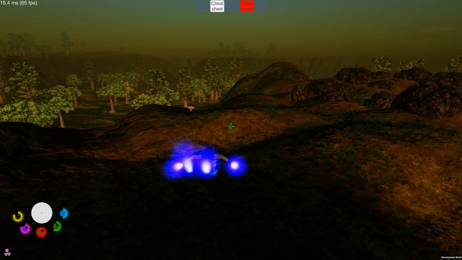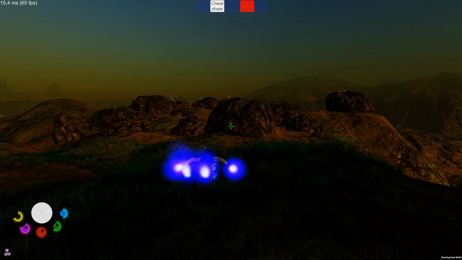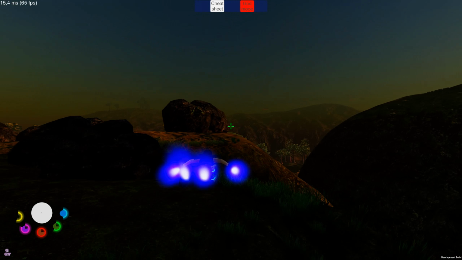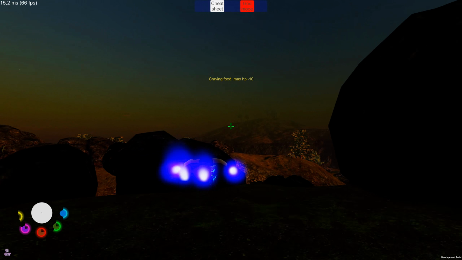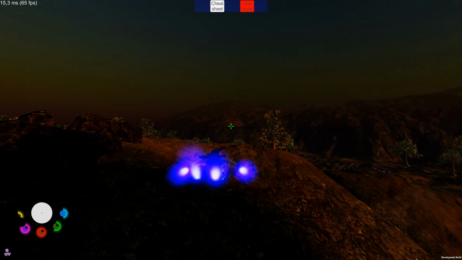So this can be built now with its own assembler in-game. This also promotes exploration, because to find this Hermes, this is ancient tech. It's considered ancient tech, so you have an ancient assembler. And you use that...